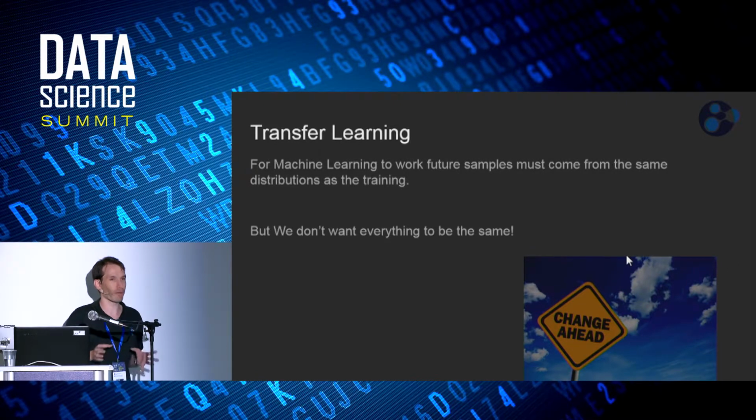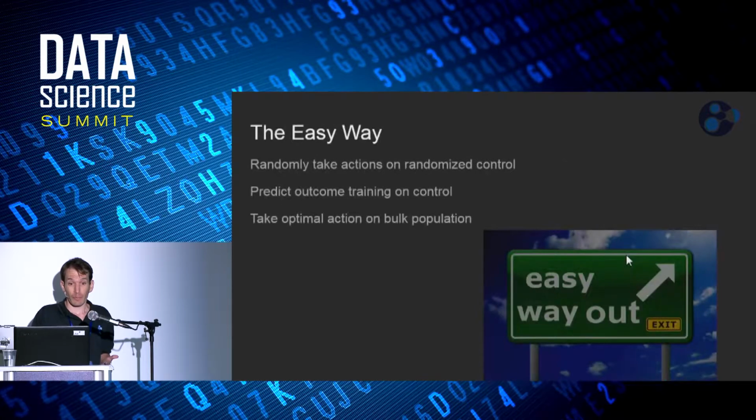We need to be aware of the fact that anytime we're trying to take action, we have a transfer learning problem, and we need to be aware of the gap between the past data we're training on and the data we're actually trying to predict on, which is new actions, not the same, because we want to change the future. We do not want to maintain the past distribution. We don't like the past distribution.